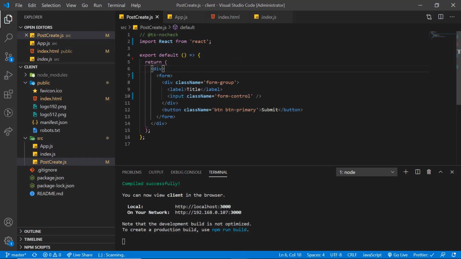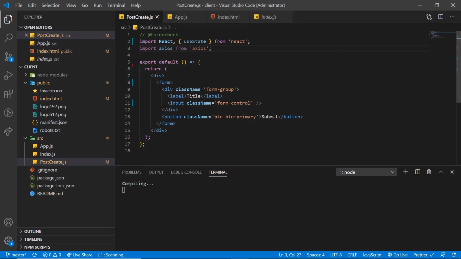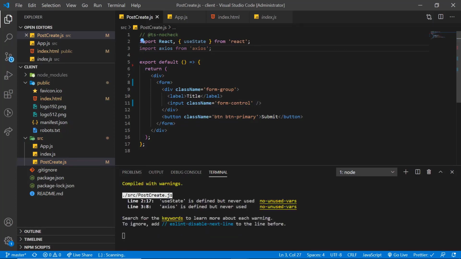Here, firstly, we are going to make an import to use state. Next, I am going to import Axios from Axios to make requests to our post microservice.